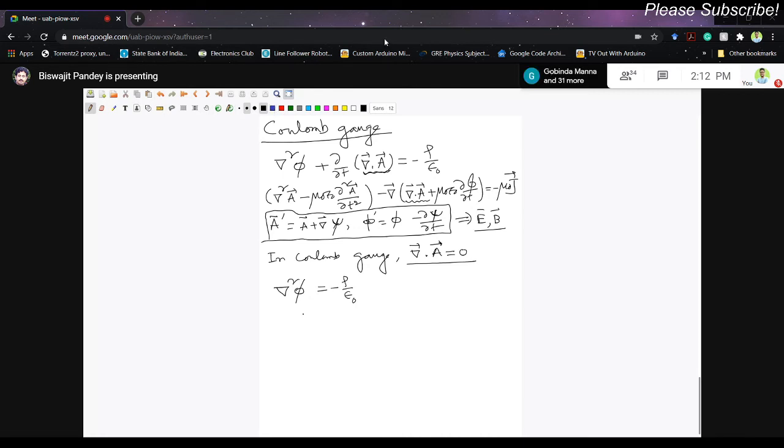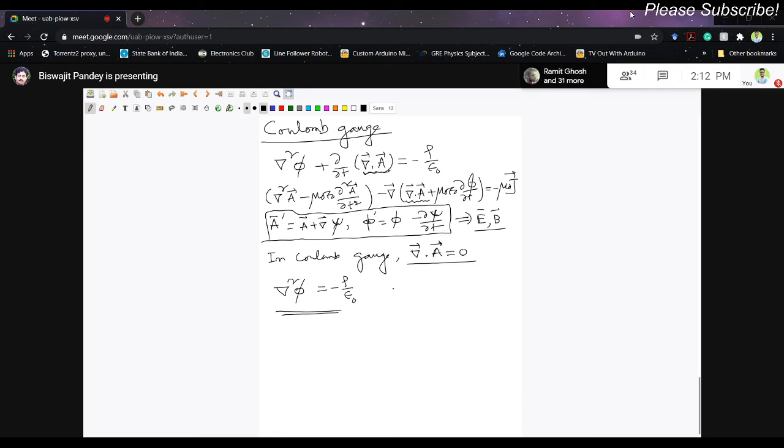This can be solved in spherical coordinates, Cartesian coordinates, cylindrical coordinates. In many situations, there are standard mathematical techniques to solve this equation, and for any kind of charge distribution, you can solve this. Specifically for symmetric ones, this is much easier. For asymmetric ones, of course, you have to work harder. Maybe sometimes you need numerical methods, but these are solvable. So given this equation, you can easily calculate phi.